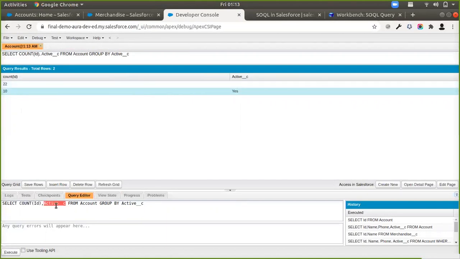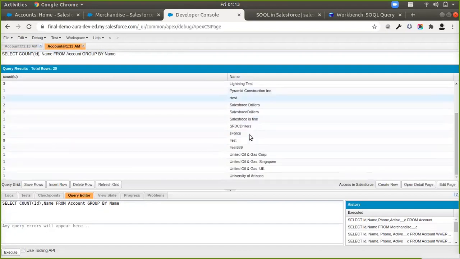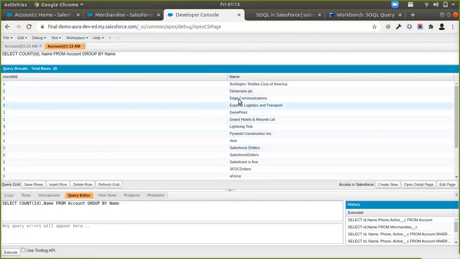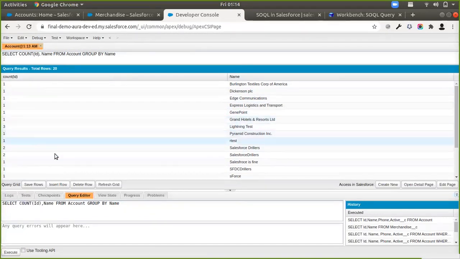Similarly, instead of doing it with an active checkbox, I can do it with a name field on the account, like this. It just groups all the account data in my org based on the name. And if I have any accounts with the same name, like I have 3 accounts with this lightning test, it shows me the count 3.